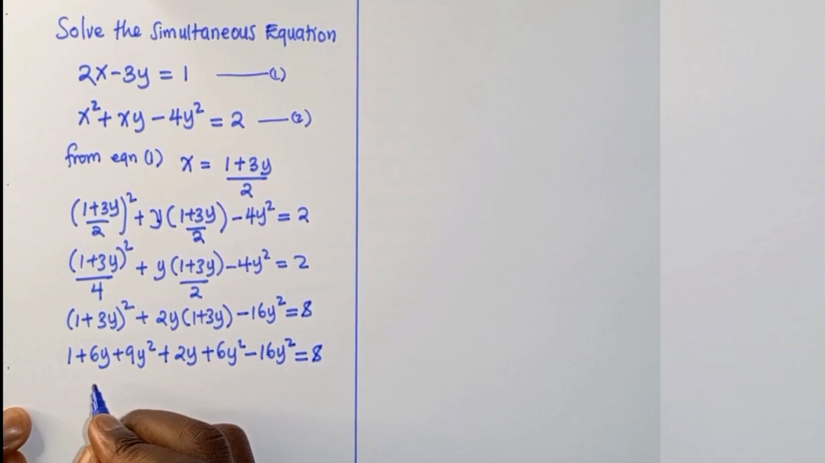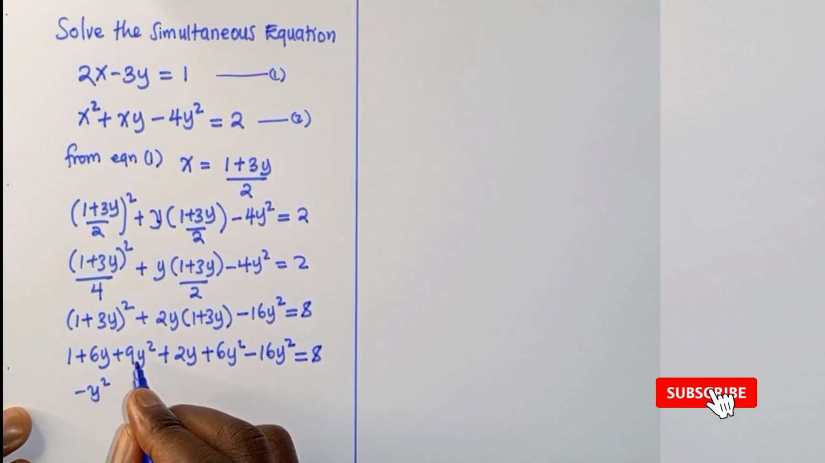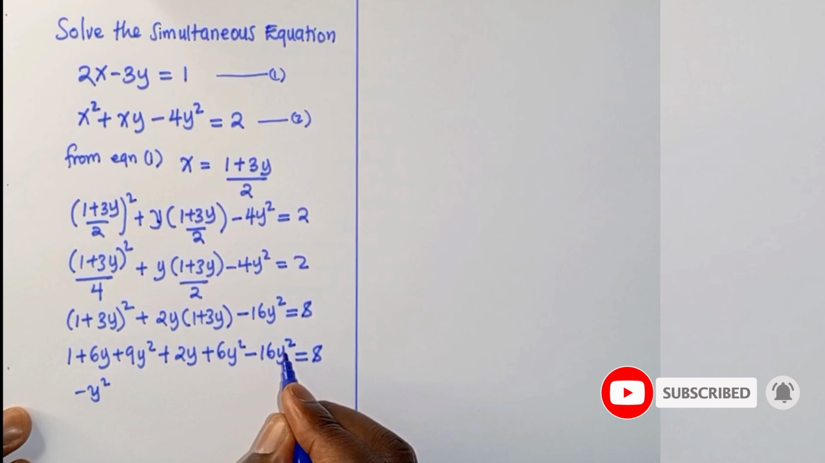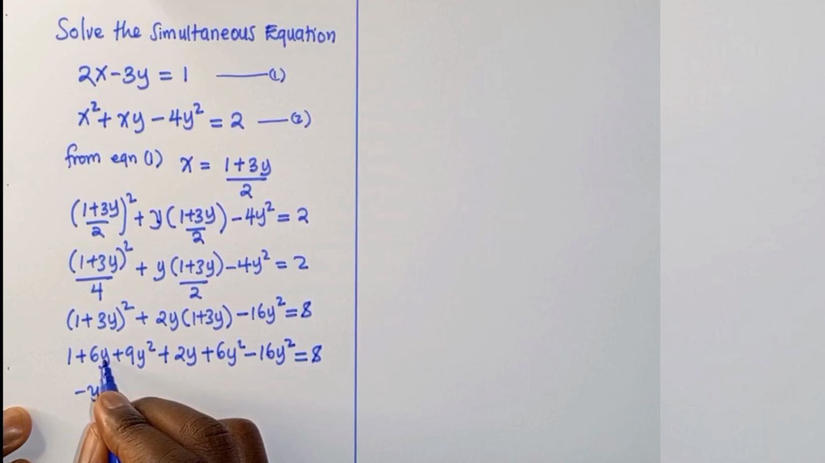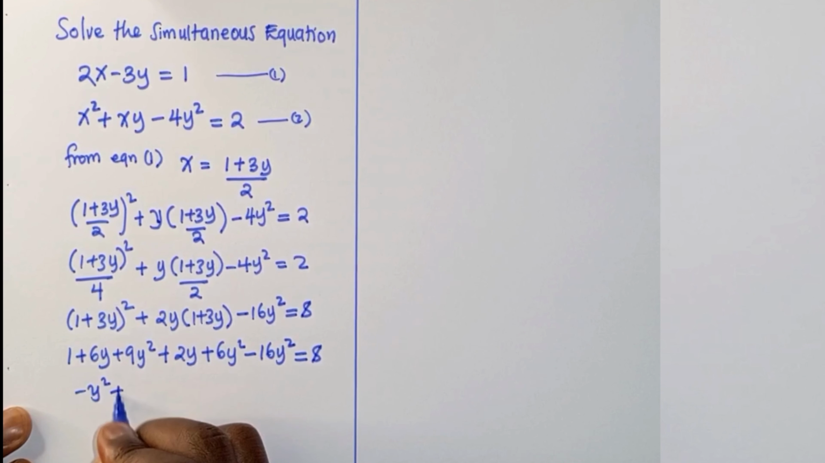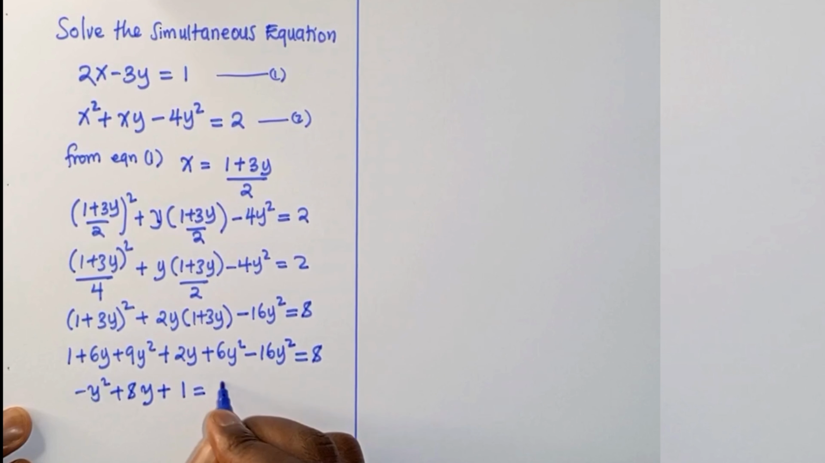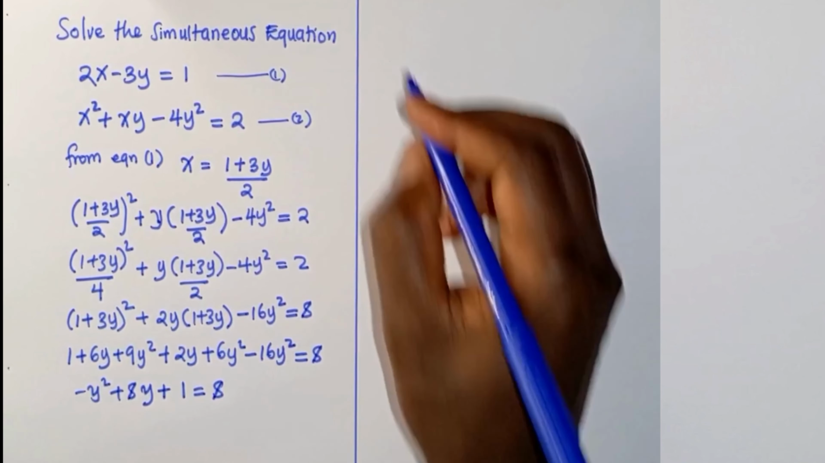So doing the simplification here and collecting like terms, we shall remain with negative y squared, our 6y plus 2y, and then 9y squared plus 6y squared minus 16y squared. So we shall have negative y squared plus 8y, and then plus 1 is equal to 8. Now, if we continue,